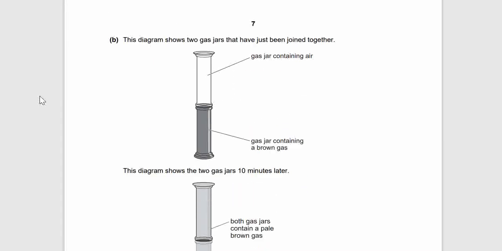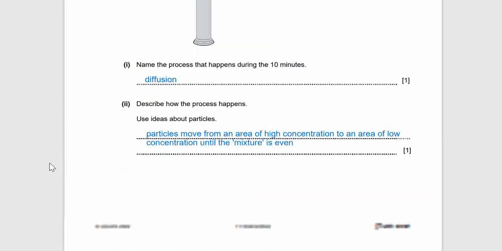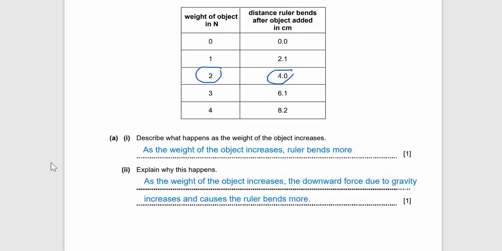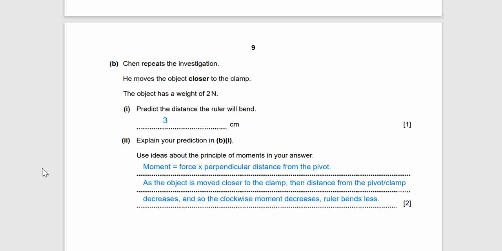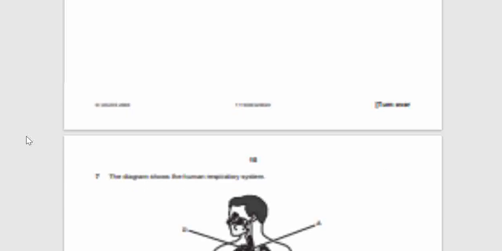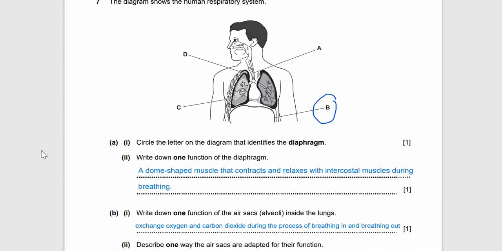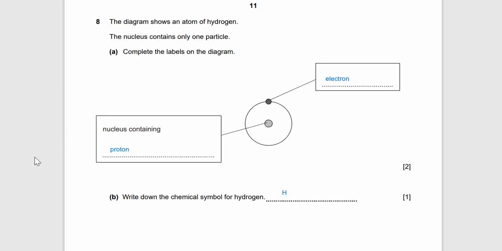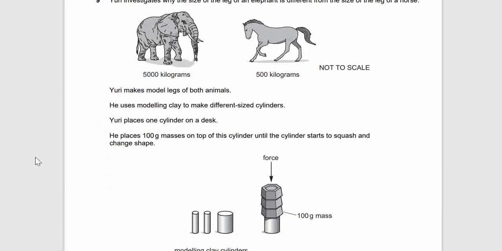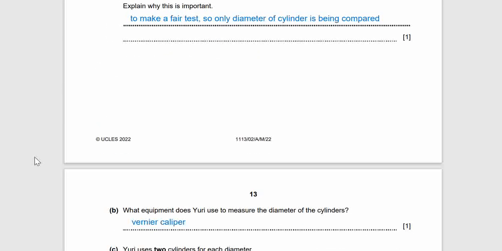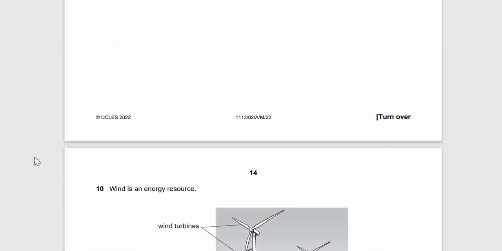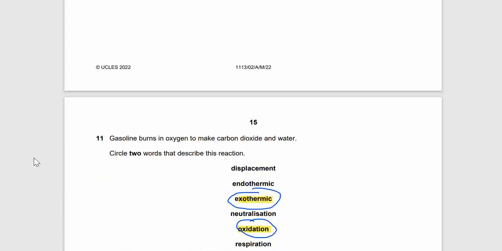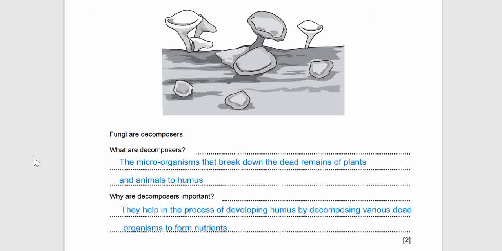Question 6. No, I mean 5B, part 1 and 2. And then question 6, the table. And 6A, part 1 and 2. And this is question 6B, part 1 and 2. This is question 7, part A, 1, 2, and B, 1, 2. And this will be question 8, AB, question 9, A, and this is question 9, B and C, followed by question number 10, A, and also 10, B, and this is question 11, and 12,